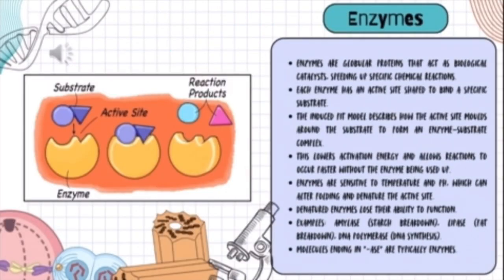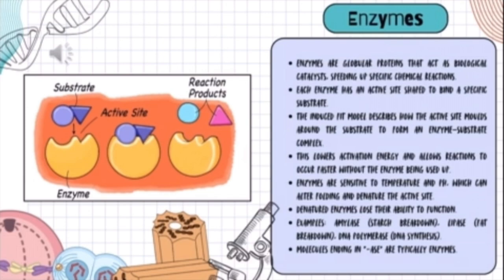Enzymes are globular protein molecules that act as biological catalysts, speeding up specific chemical reactions essential for life. Their unique structure gives them specificity. Each enzyme has an active site shaped to bind a particular substrate. The induced fit model explains how the active site molds around the substrate, forming an enzyme-substrate complex that places bonds